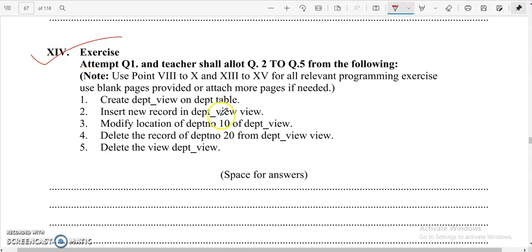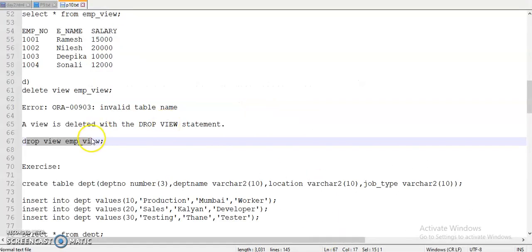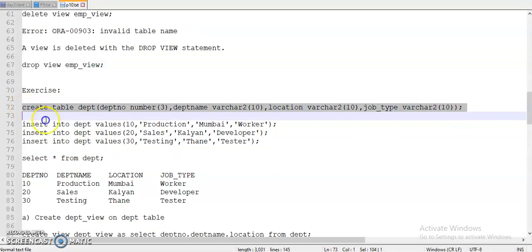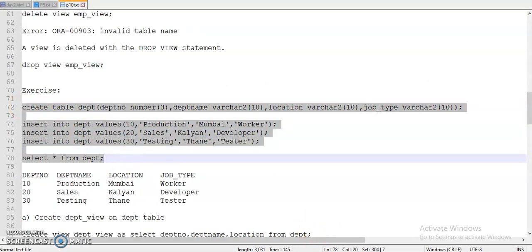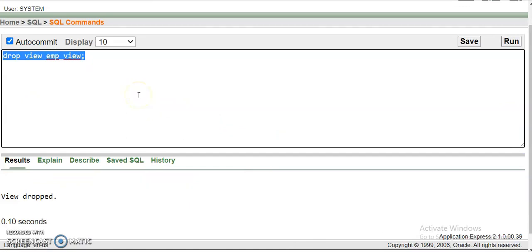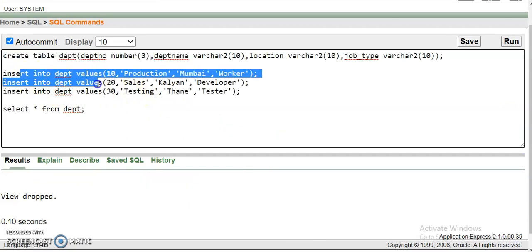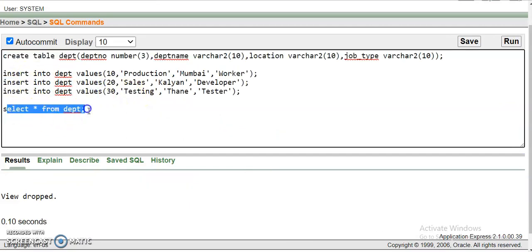exercise. So first question, create depth view on depth table. So here we have to create department table. So here I implement these 3 queries. I will create department table and then insert 3 rows and I will print depth value. Here my table name is depth, column names are depth number, depth name, location and job type, having different data types with size. And here I inserted 3 rows,